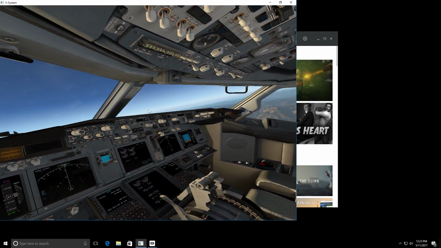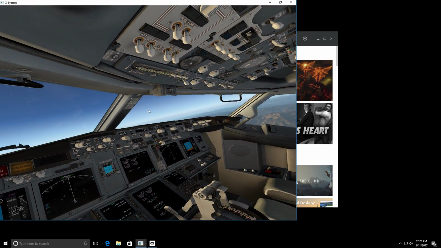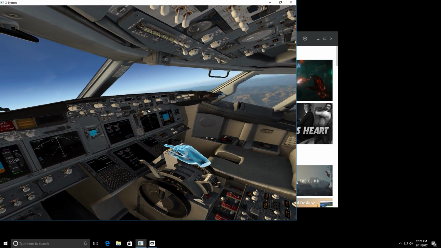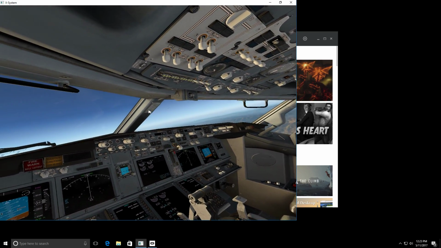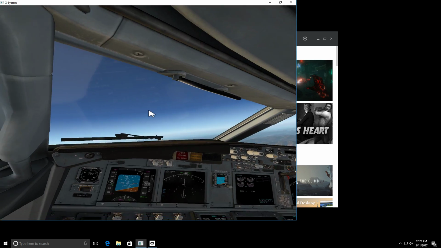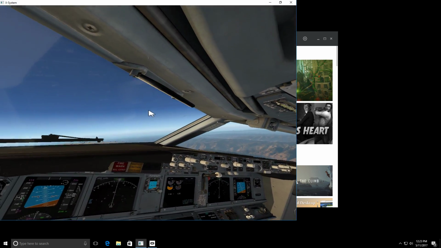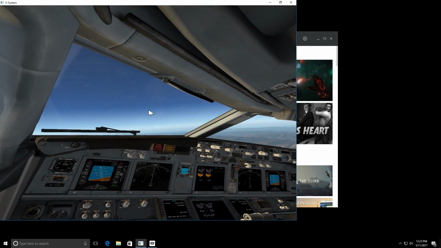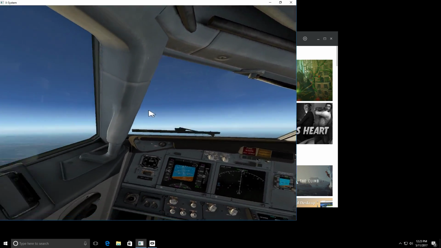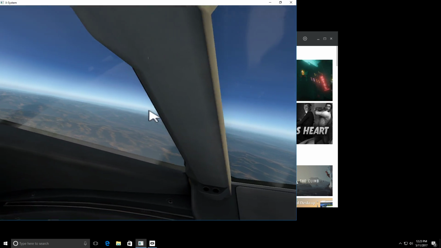What you see over there, that's another airplane, as you guys can see. I'm gonna try to catch up to him. I'm gonna speed up a bit. That's another airplane over there. You do have traffic, you do have other airplanes, like you see the one over there. We're gonna catch up to him, but you get to see everything detailed